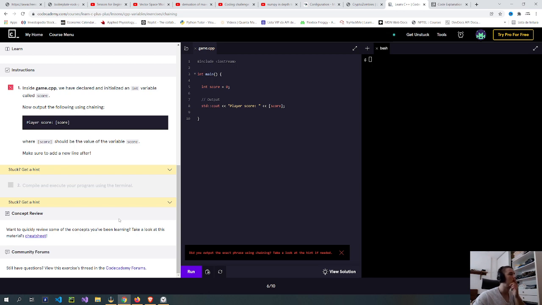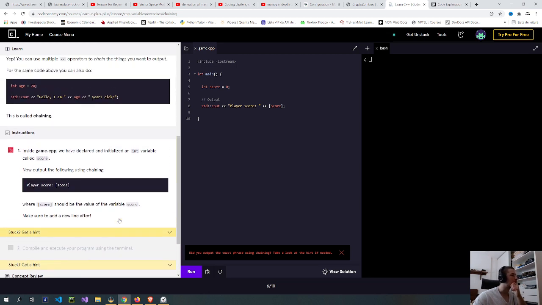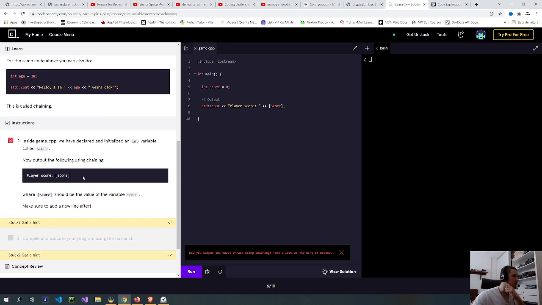Huh. So maybe I need to put these two things inside of the string literal, and then put the score inside. But that seems like too much work for the thing.